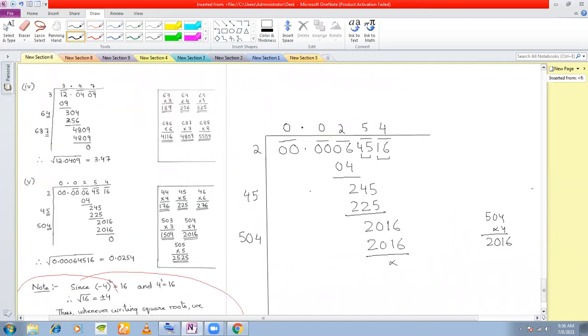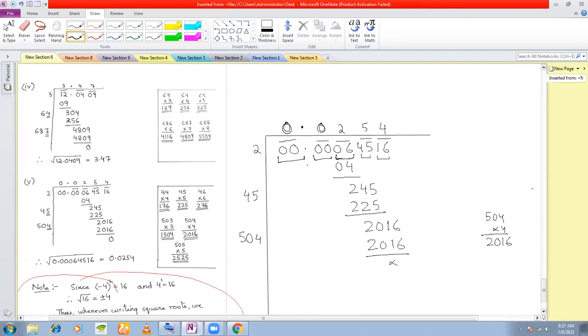No, sir. The only difference with all other problems was, see here we had got a pair of zeros, so we put a 0 here. We had a pair of zeros, so we put a 0 here, and a decimal was already here, right? So we started with a third pair here, right? We started the normal division method. We started with a third pair.